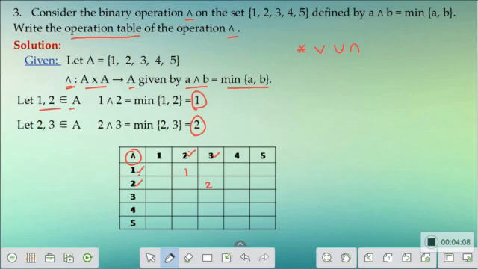I hope you are able to understand how to put the table now. It's okay if you just write the headings first and then fill in the entries. In some cases you may have to work out the calculations and then come back to the table. But here it is very obvious because it's just calculating the minimum value between these two values. So with this understanding, let us try to complete the table.